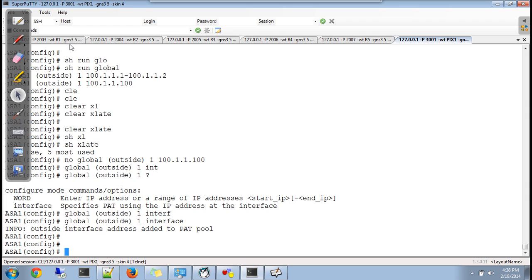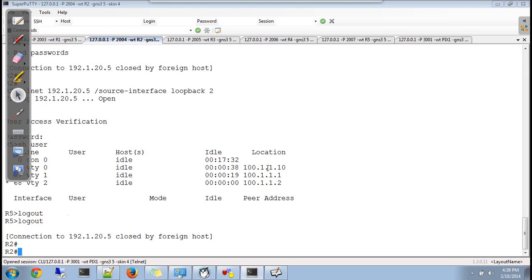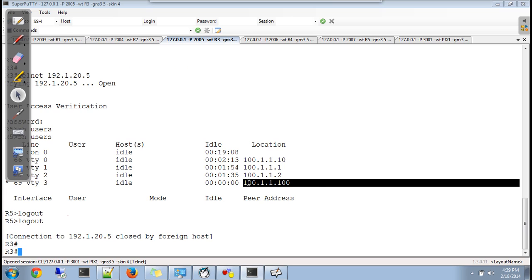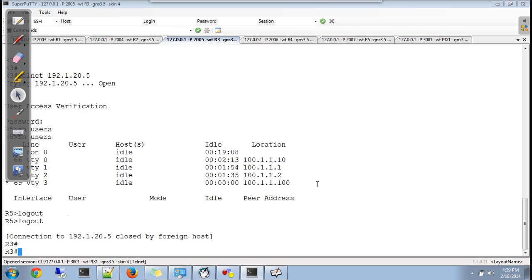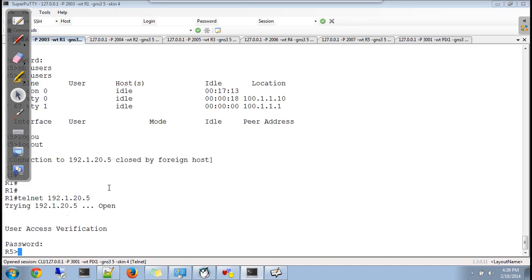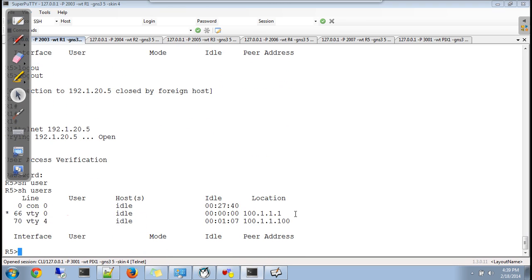So I'll go to R1 again. This time it was getting translated to 100.100. Now things will get PATed to 192.1.20.10. Just go on watching this. R1 can go out, first IP from the pool, which is 100.1.1.1.